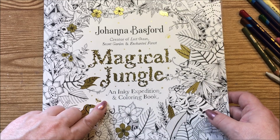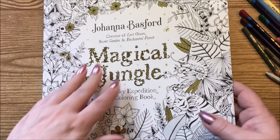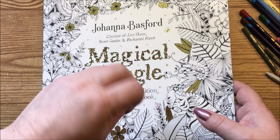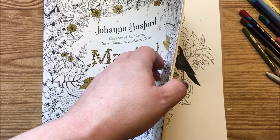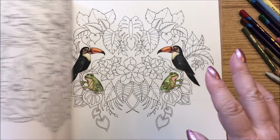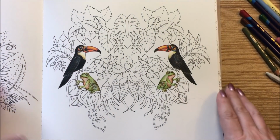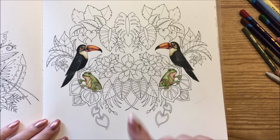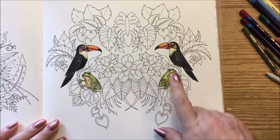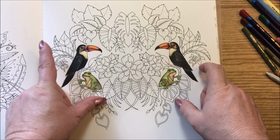We are doing the page for the toucan and frog. It's for Becky's Magical Jungle color along that she's doing. Sorry. So we're doing this page, and I did the toucan and the froggy in the last video, and I did